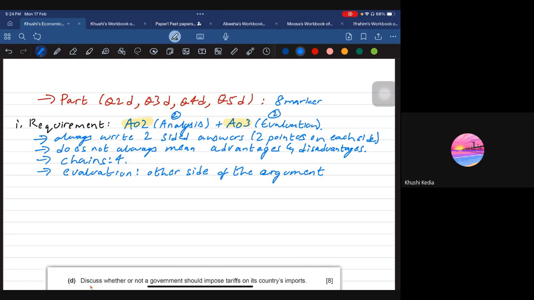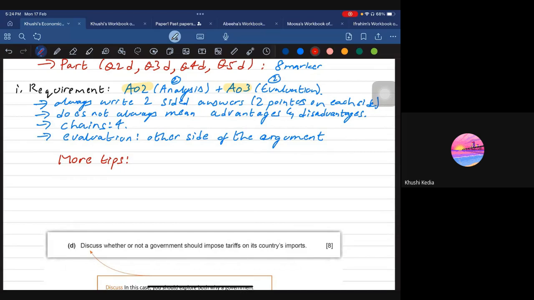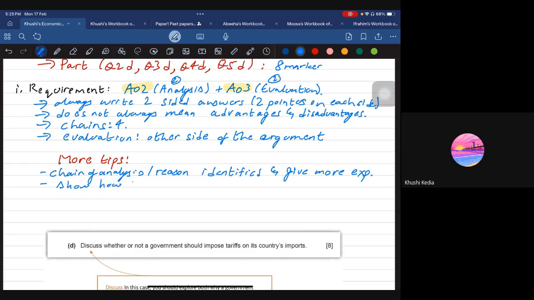Now some more tips here, very important. Chain of analysis: a reason identified, and you give more explanation of that. So you identify a reason and you give more explanation. Secondly, show how reasons